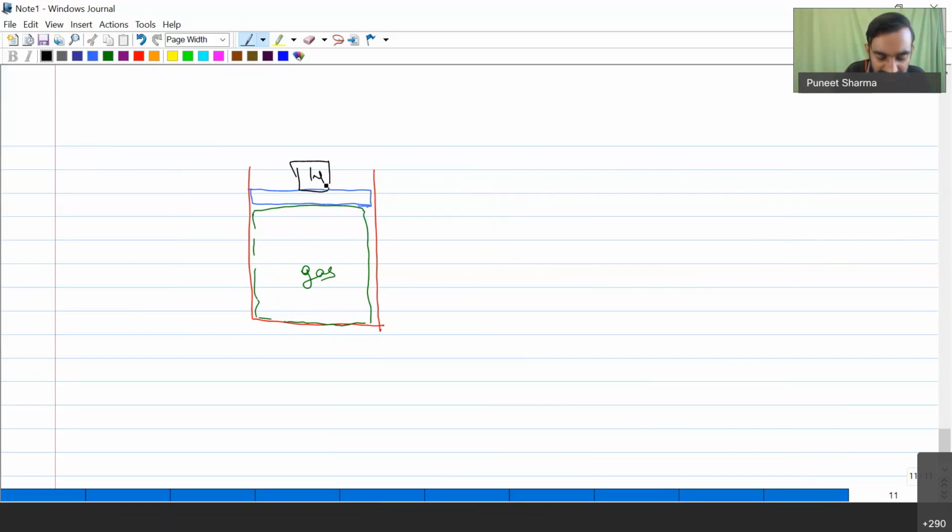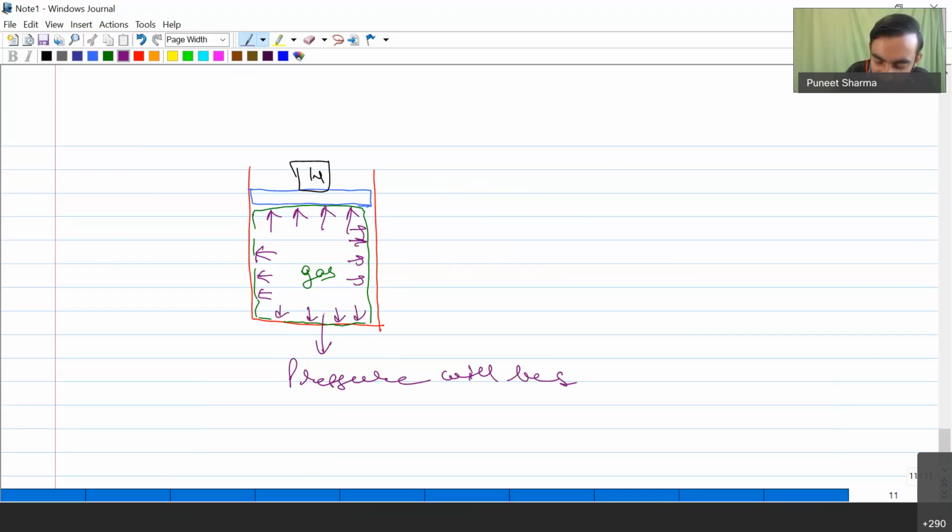So if my system is in equilibrium, then obviously what will be happening? Whatever the pressure this gas will be exerting on different faces, that pressure everywhere will be the same. So this pressure will be the same if our system is in equilibrium. Okay, so if we are having a gradient of pressure within the system, for example, if I take a scenario that